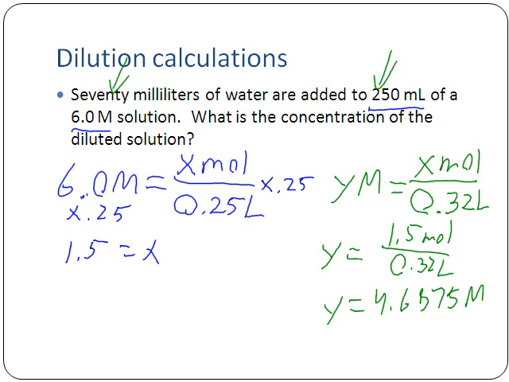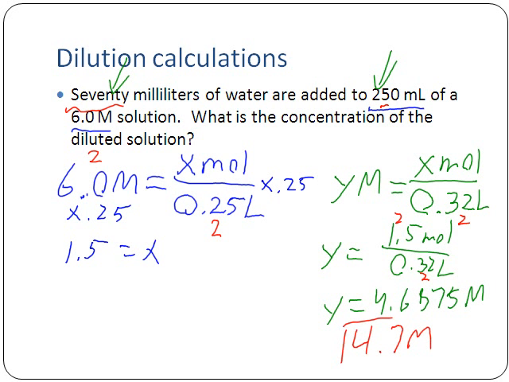Significant figure-wise, taking a look, we have the 6.0 molar, 2 significant figures. The 250 milliliters, 2 significant figures. The other one was the 320 milliliters, or 0.32, over on the other side. For that guy right there, we basically had to add up our 250 milliliters, which is right at the 10 space. The 70 is spelled out, and so as a result, it doesn't really affect anything. It's got infinite significant figures. So that means our 0.32 will also have 2 significant figures, which means that since our 1.5 would have 2, this has 2 down here. Our answer is just going to have 2, and so our final value for this would be simply 4.7 molar